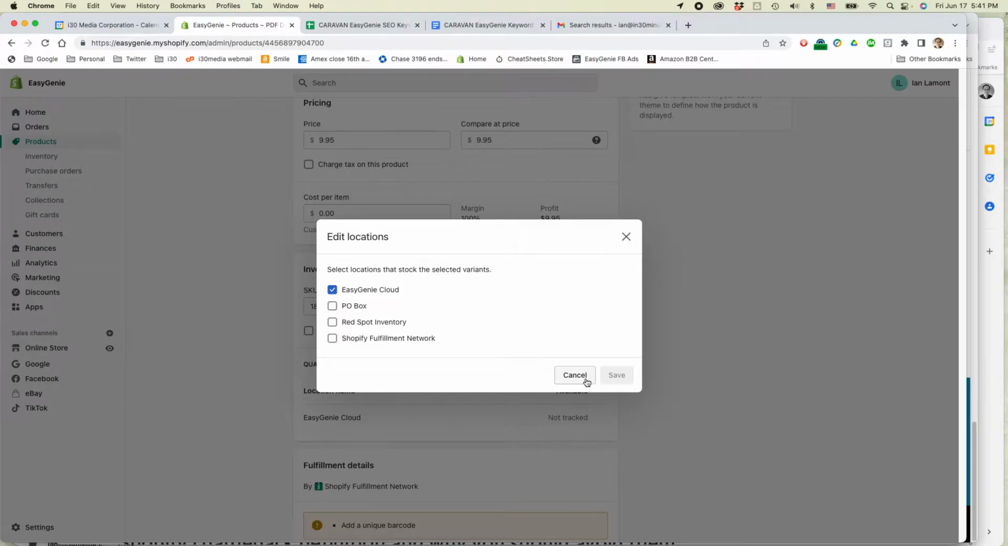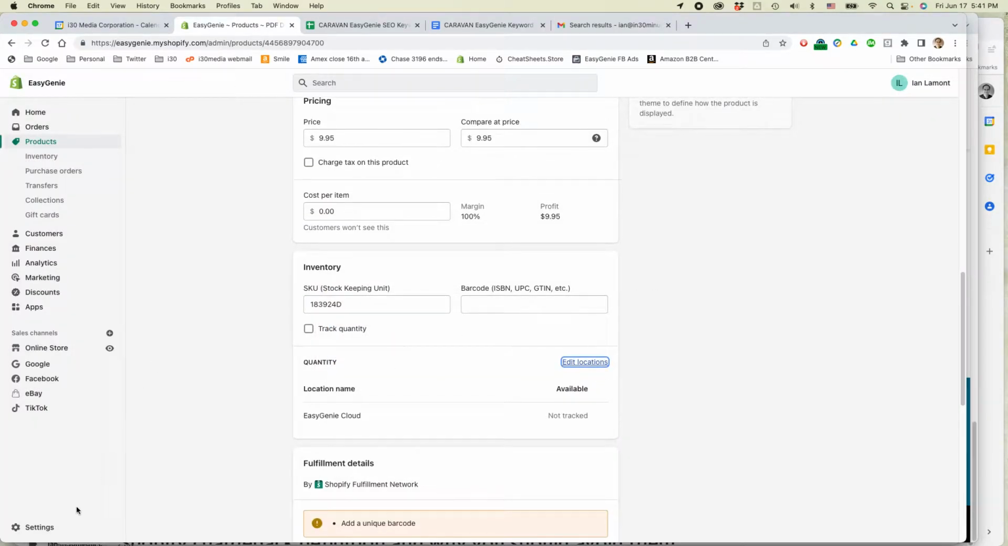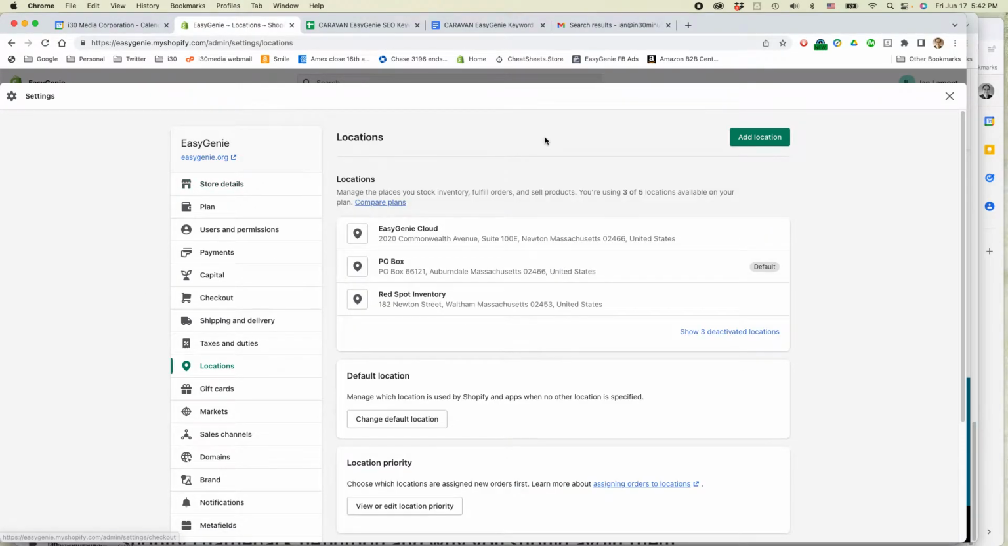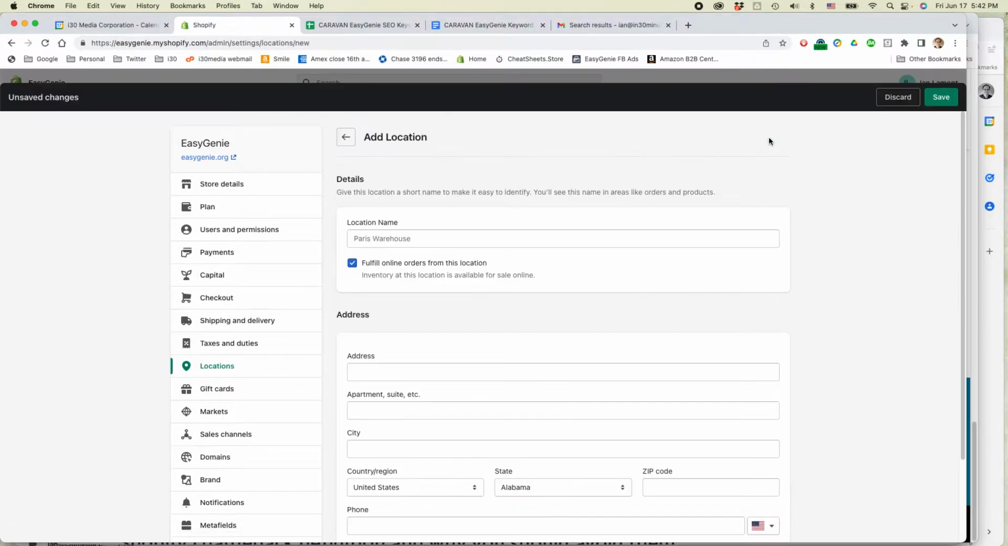This is how you do it. First of all, click out of the product and go to Settings, and then select Locations. And you can see here are the locations that we have active. For the particular plan that I have, there's 3 of 5 locations available, so I can add 2 more. I'm just going to add 1 more. And just click Add Location, and I'm going to call it 2020